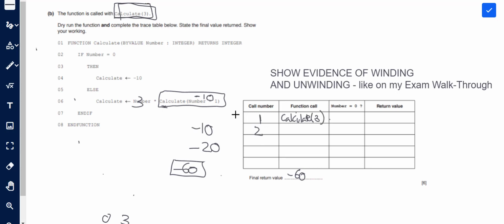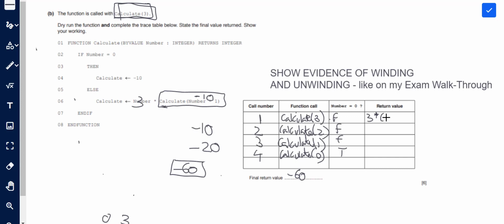The second time we call it, it'll be num, which is 3 minus 1, so it'll be 2. The third time we call it, it'll be calculate num minus 1, which is 1. And the fourth time we call it, it'll be num 0, and then it checks it against this. Is number 0? False, false, false, true. So what? Our return value will be 3